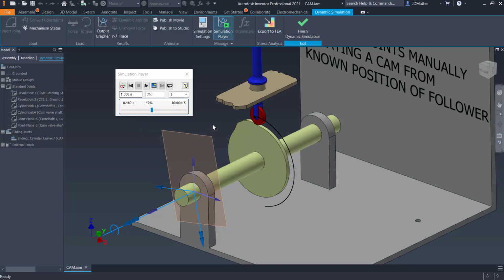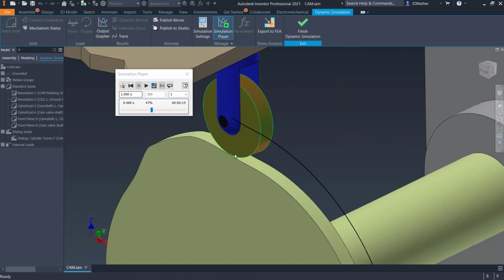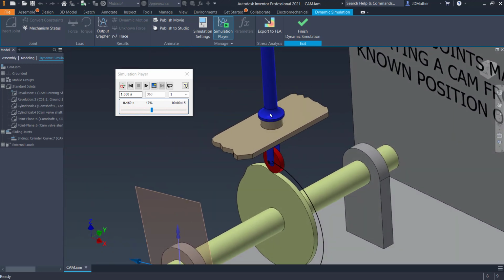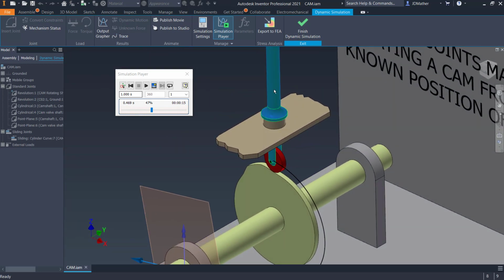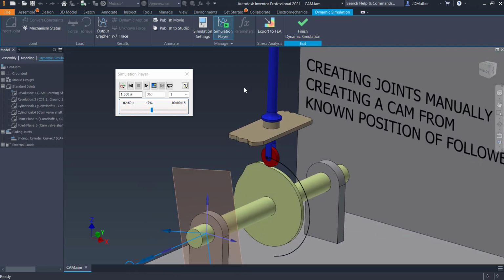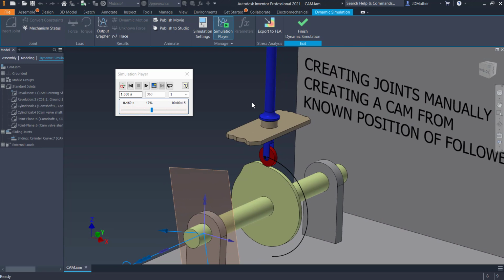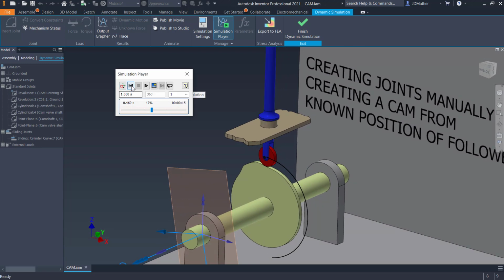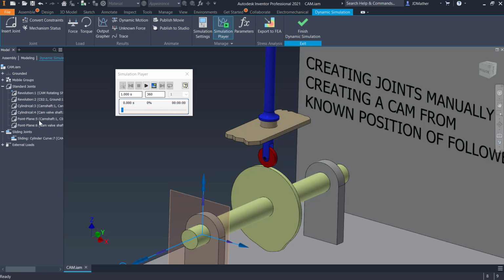And so what's happening then is, as it hits right here, this is a cylindrical joint, not a revolution joint or a prismatic joint. So it can translate and it can revolve. We don't want this shaft to revolve. So we could do that a couple of different ways. We could set this up in such a way that it was a prismatic joint rather than a cylindrical joint,